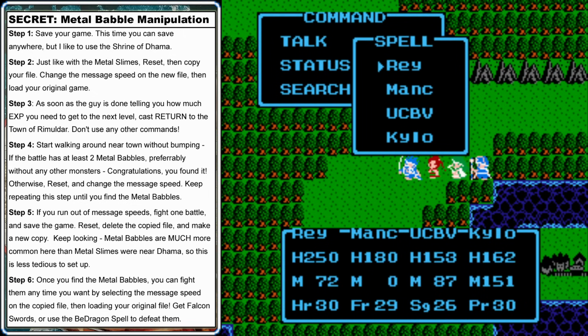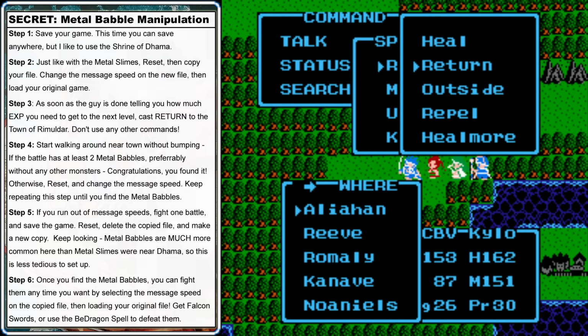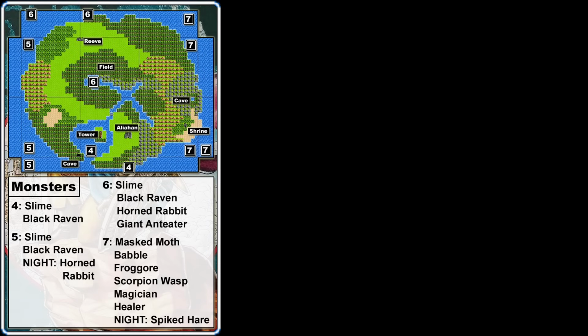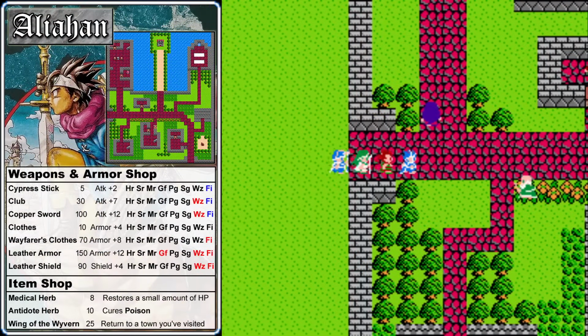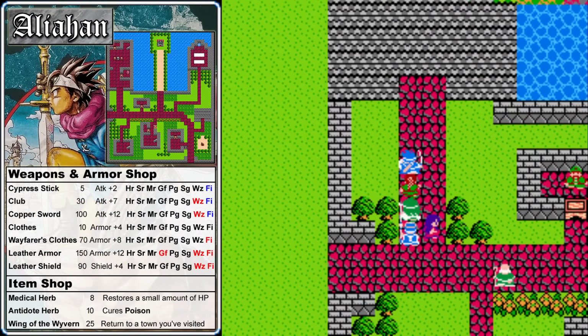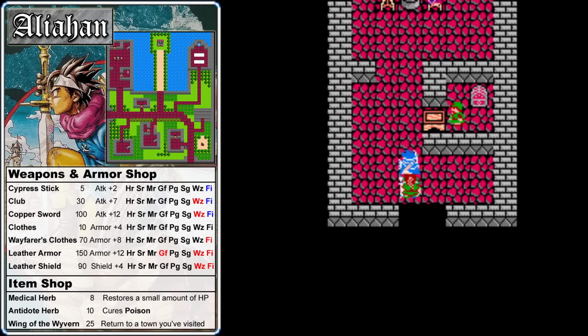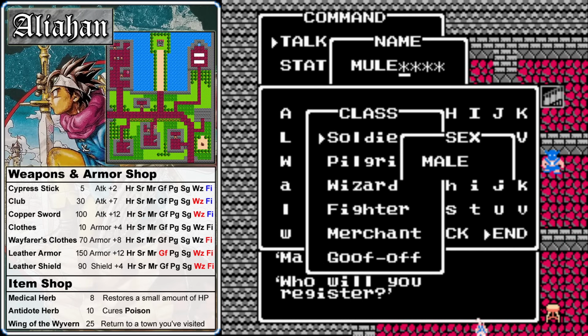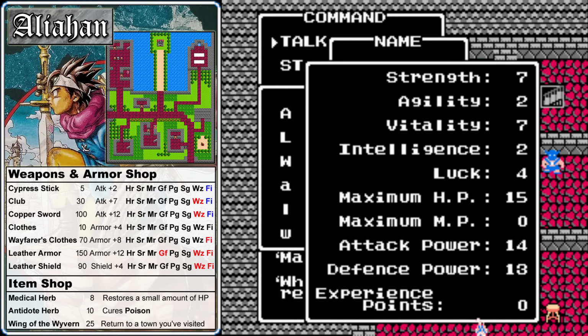The Metal Babbles ran away, that's totally fine. For now, we're going to return to Aliahan, because we need to get some different equipment to make fighting the Metal Babbles a bit easier. Now that we can spawn them on demand, we might as well get the gear that we need to fight them. Before we do that, I'm going to create a new character named Mule, and we're going to use this